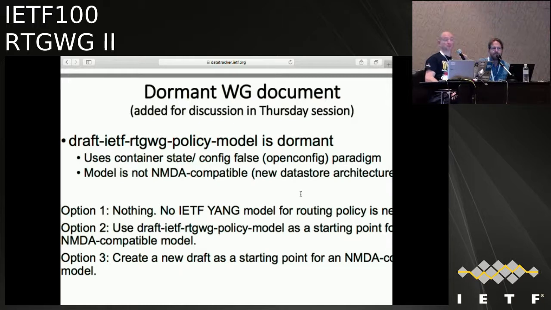Not 2 months. So Rob Wilton, Cisco. I quite like option 2 in terms of it being quicker to do. I converted the YANG model as part of that draft when I was doing the BGP model. So the actual conversion to NMDA is done. If you want to be quick, and if you had any pushback on this, do option 3 and just start by putting the YANG model in the draft. So at least that's there, and then build the text around it.